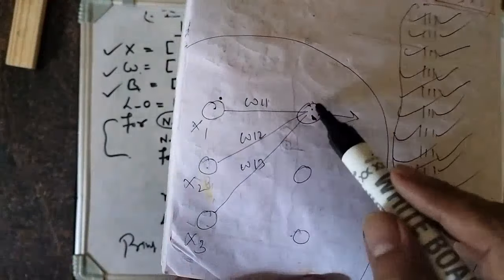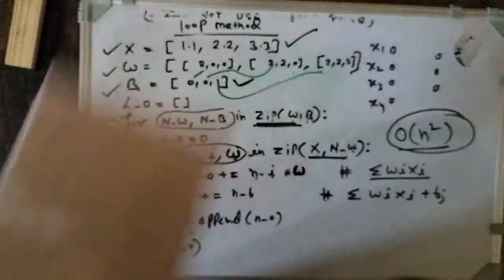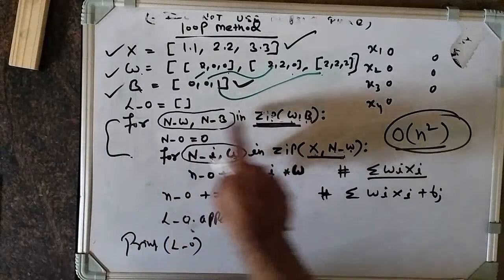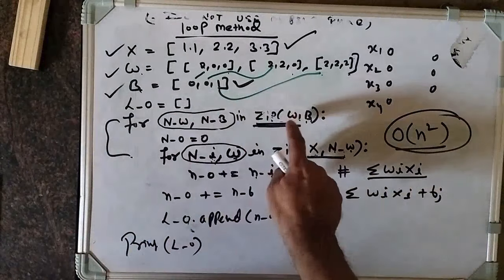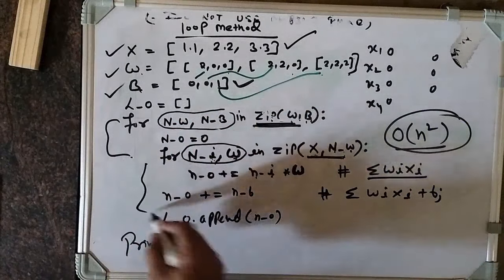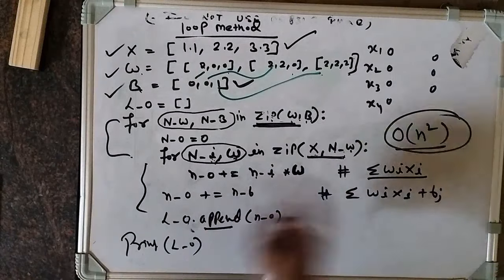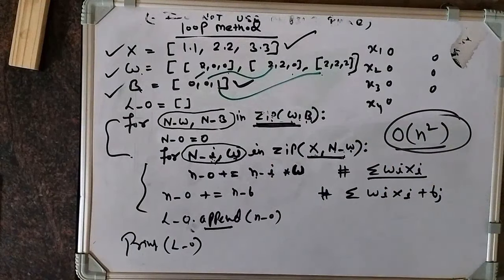So one loop it will work, then after then this loop will work, then third this loop will work. These are two. So this is very important, how this zip is working and how it is associating. So append means after then all you are appending backside. Okay, I think that you understand. This is the first loop method.